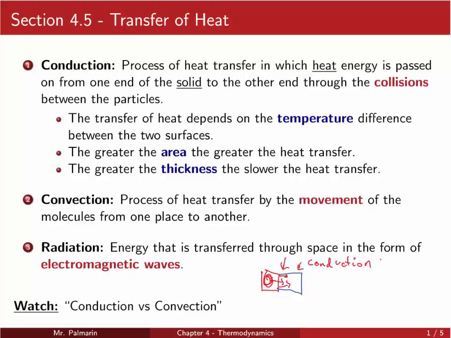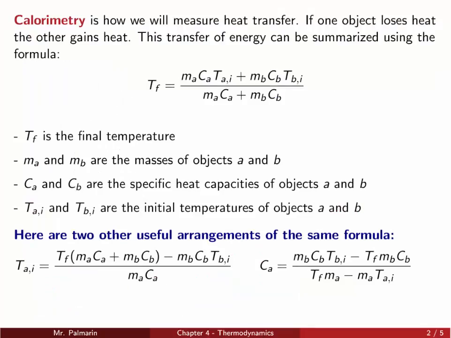Radiation is kind of the last one, which is basically energy transferred through space in the form of electromagnetic waves, okay, through light, essentially. So that is how our planet is powered, solar radiation. Okay, that's how we get our energy. That's how we get everything, actually. So that's the sun and earth. Energy transfer, which is great. So you can watch a little video about conduction and convection. You can read about radiation if you wish,